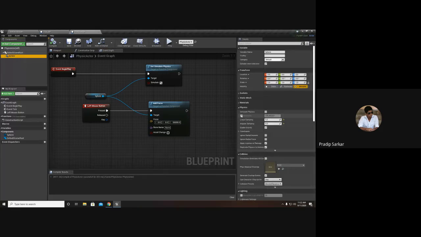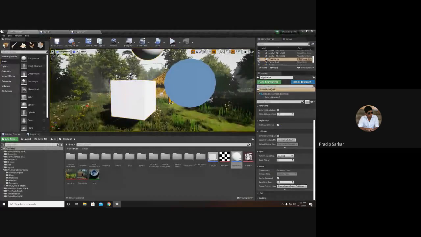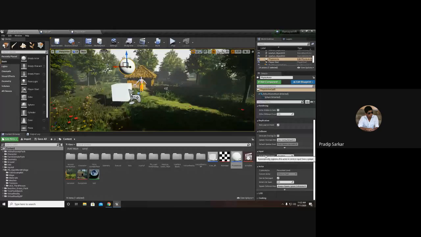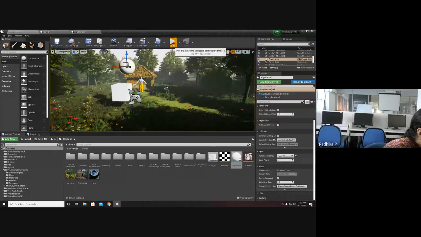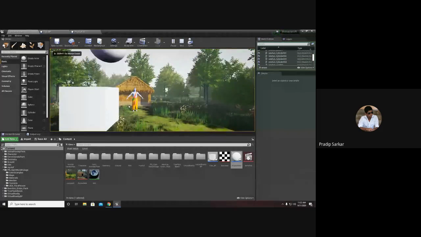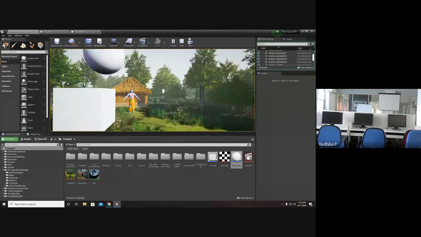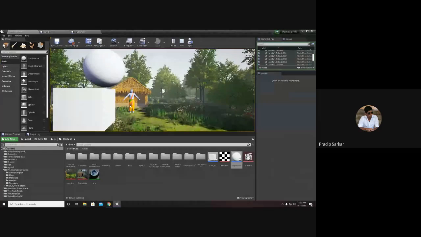Sphere. I change the mass to around 1 kilo. It was around 100 kilo, which is not accurate. Next, we select the sphere. Again, I have to enable the inputs for the sphere. I'll change it to player 0. Whenever I hit play, now, see, whenever I press the button, it adds a force.